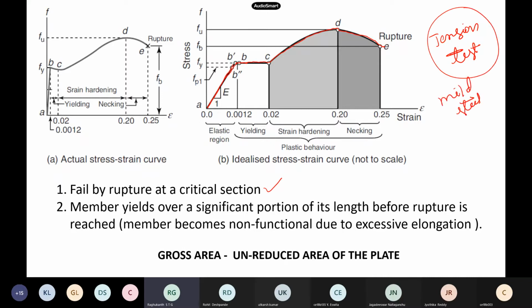Okay, and now here the main problem is, although this is your ultimate stress here, this is perfectly fine. Okay, so your coupon, say, is perfectly safe, and you can go up to D itself. But the problem is this portion, say, now once it has crossed yielding stress, now what is happening here? See what is happening in this region.